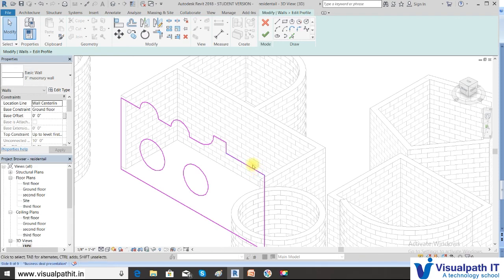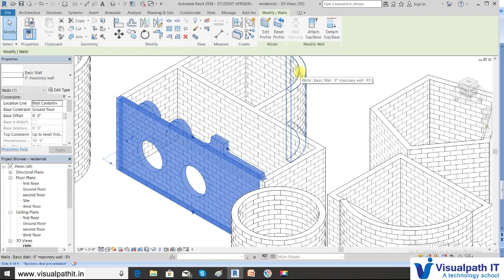So friends, we have seen how to edit the walls and how to draw the walls. In the next session, we will take a project, a small house, and I'll show you how to draw a plan. So we will get a plan and see how, according to the plan, you need to draw the walls and finish the project. Thank you for this session. We will meet in the next session.